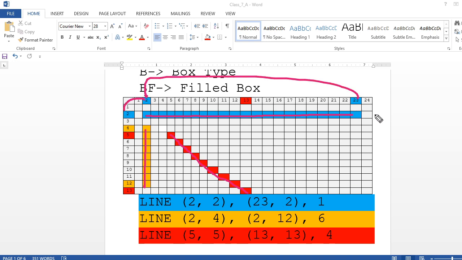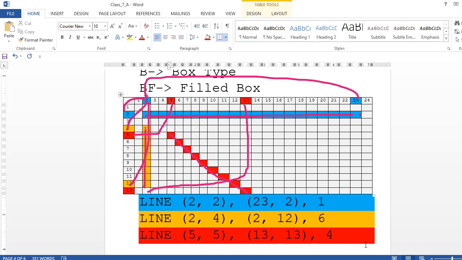Then the second one starts at 2 4 and ends with 2 12. And the third line is 5 5. See, I had not given red color here, I will do so. It is starting from this 5 5 and ending with 13 13. So let me first give that 5 so that it will be clear.